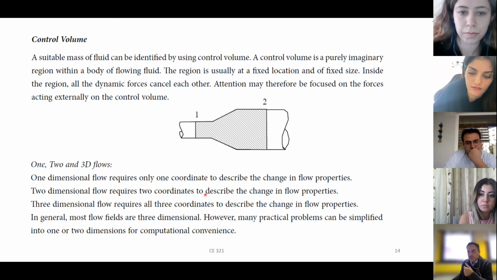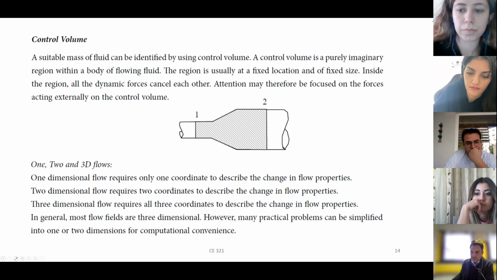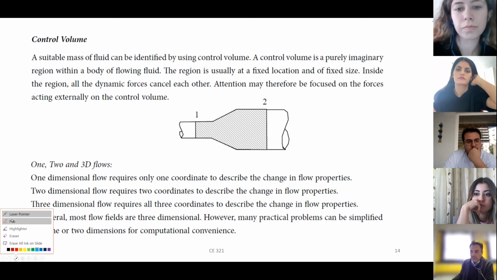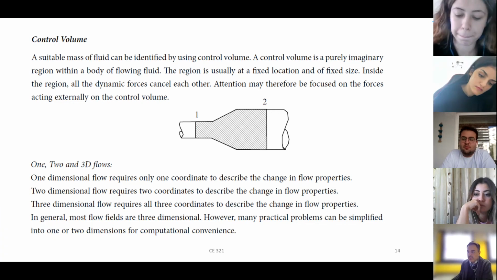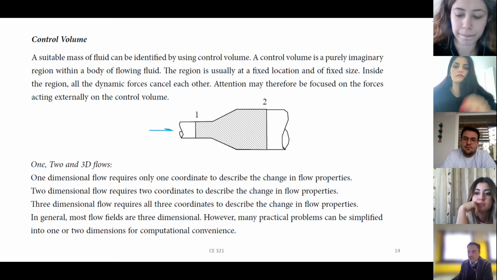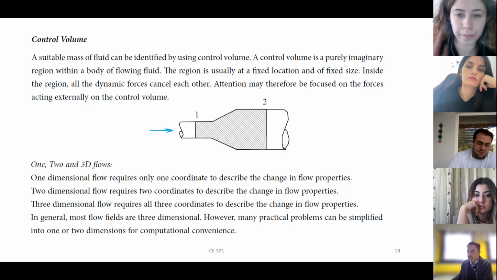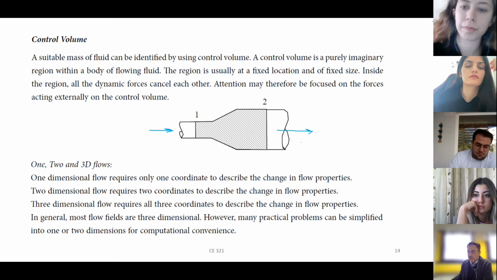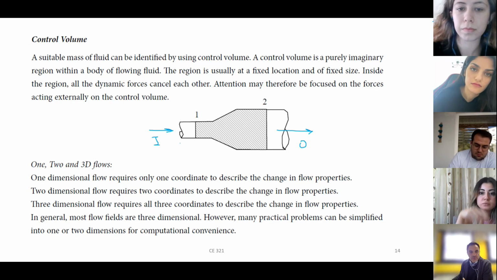Two-dimensional needs 2 coordinates and 3-dimensional needs 3 coordinates. What does it mean? Let's show it this way. For example, assume that water moves in this direction, comes into this pipe and goes out from here. This is the output, this is the input. If I ask you